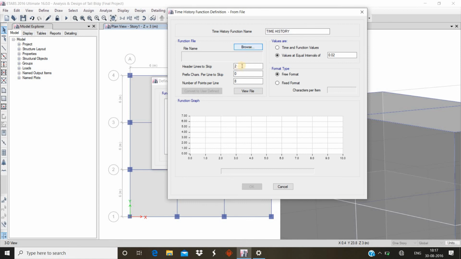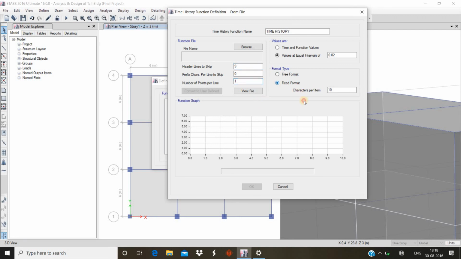Go to browse file, then in that file you have to enter the header line from which the actual data started. If the actual data started from the ninth line, then name it as 9. Then prefix characters is 0, and number of points per line will be 1.